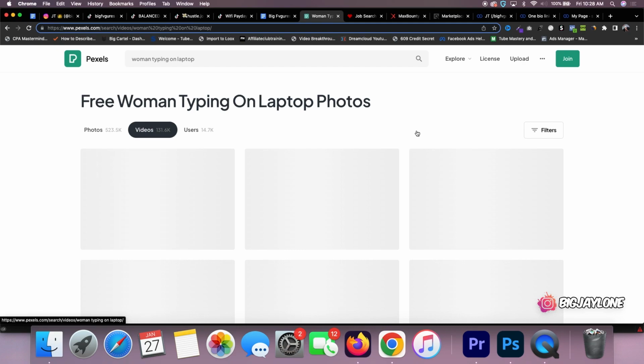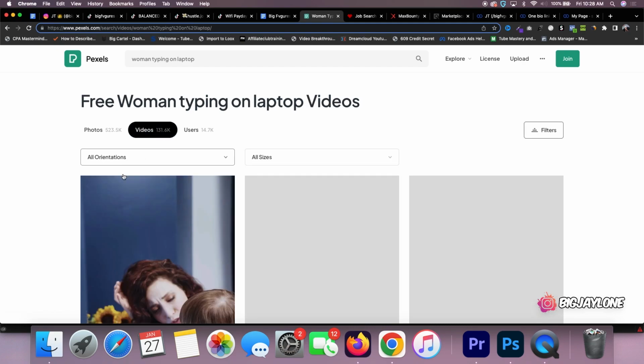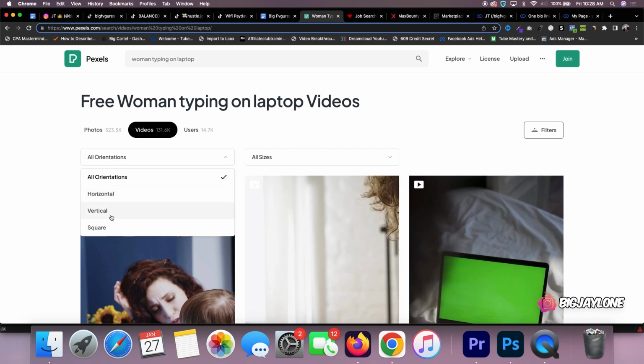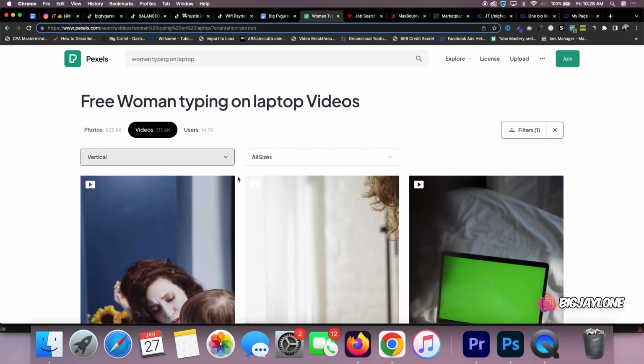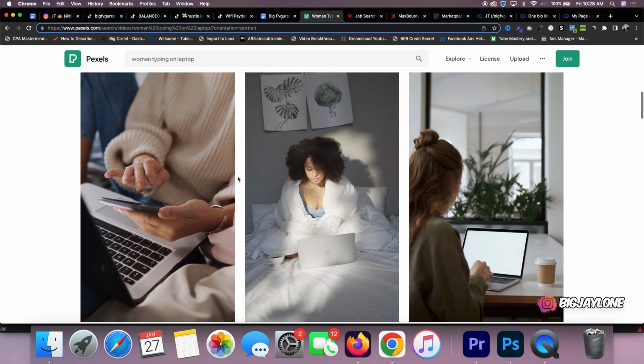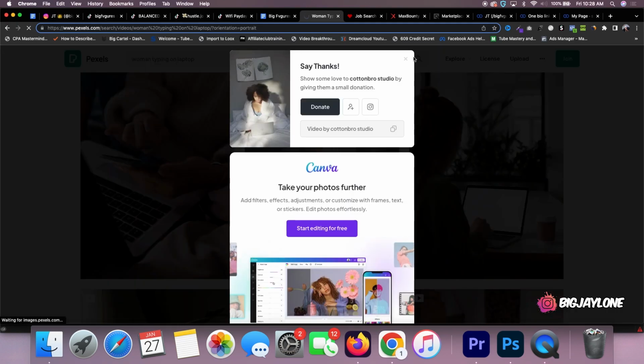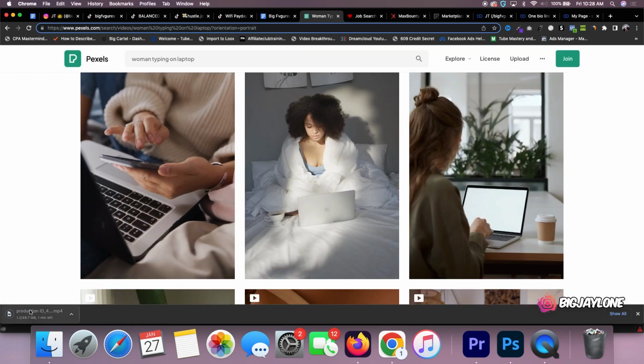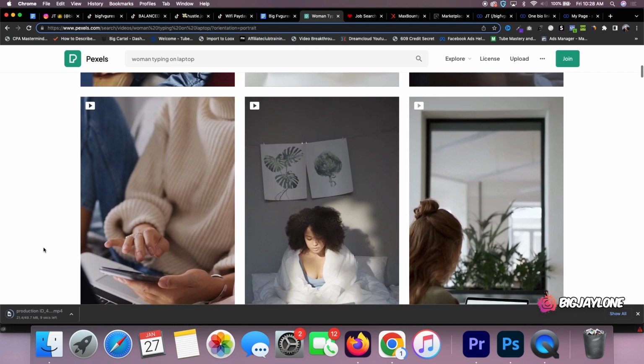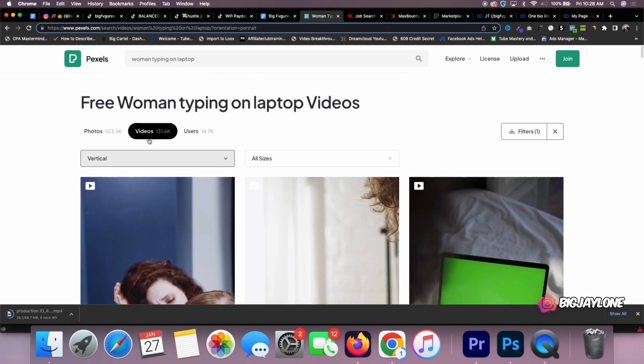Let's let it load. Filters, I like to find the vertical up and down orientation. And from here, you just find a video you like. So if you like this video right here, you can just click on download, X out to here. As you can see at the bottom left, it's downloading the video. And from there, you just send it to your phone, however you want to, a text, you can AirDrop it,